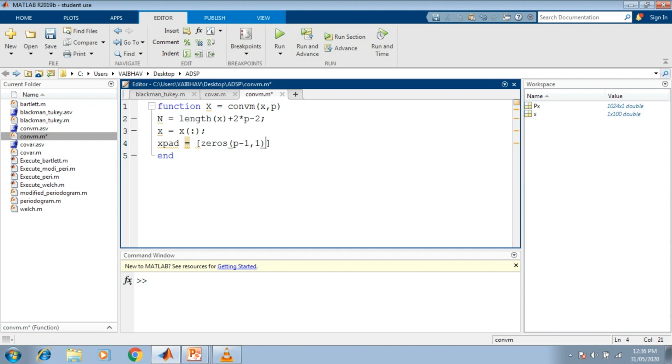Next to that we have the total discrete time random process sequence X, and again an array of zero values with dimensions p minus 1 comma 1. We end this line with a semicolon.